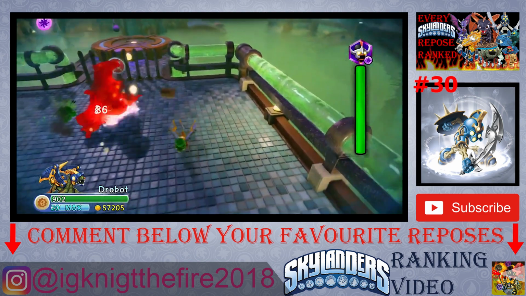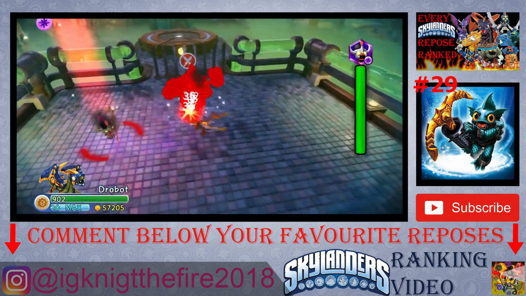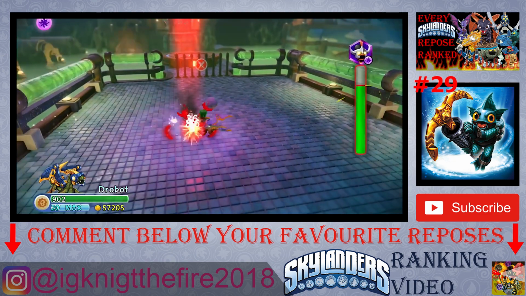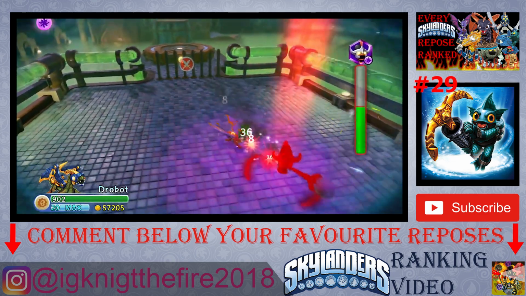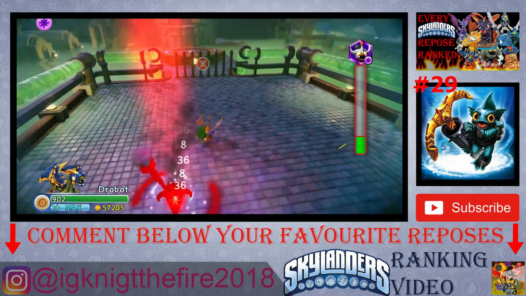And number 29 is going to be Series 3 Gill Grunt. We get a new suit and a new gun for this Repose, so it's definitely a cool one. It really expands upon the original design because we get to see this all new weaponry and this all new suit coming from Gill Grunt. But the Wow Power again is really lackluster, so I love Gill Grunt, he's a really good character. But unfortunately his Reposes just don't expand upon the design, and they aren't interested in Wow Powers to make